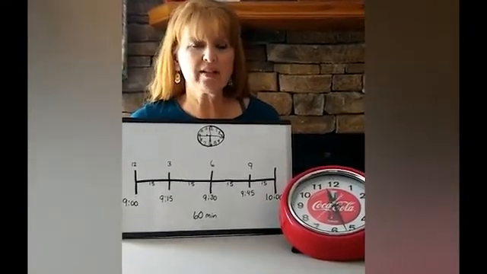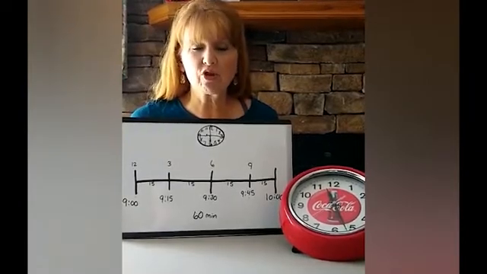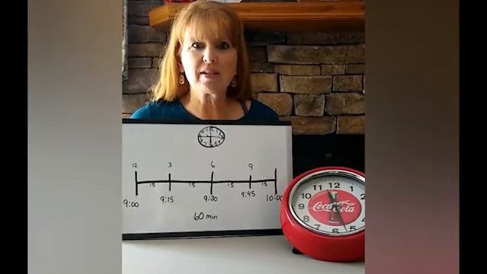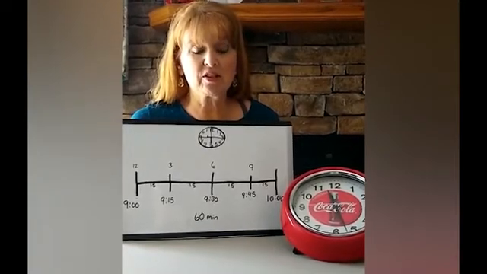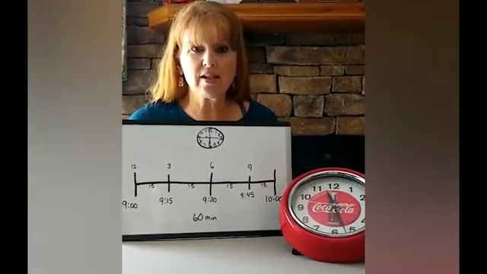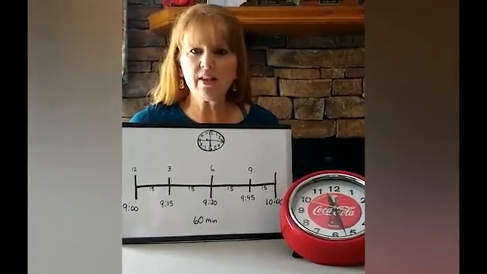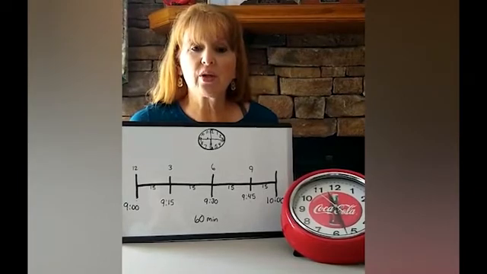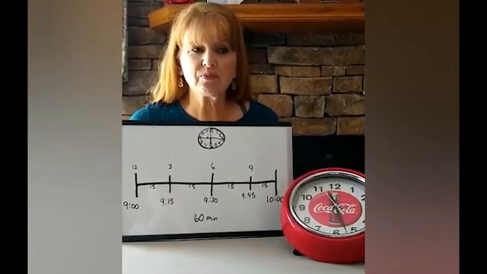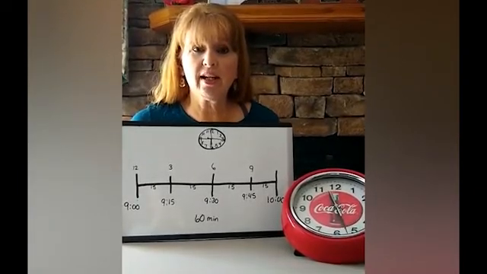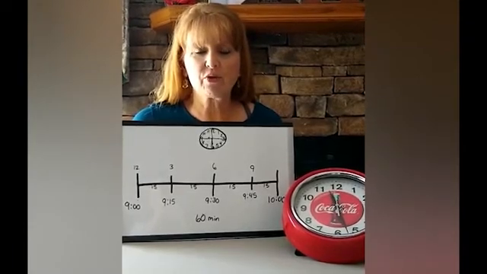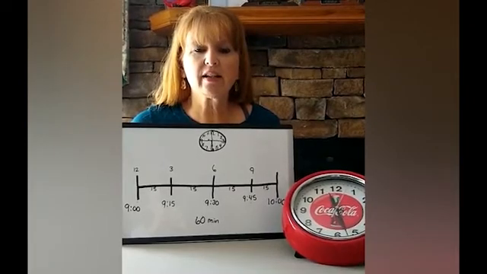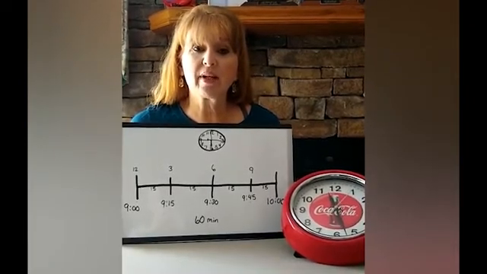Another way you can practice is to go into iExcel. You should all have your passwords in your planners. And the section for time is T. I think that's pretty appropriate. It starts with a T, so go down to section T. Do not do anything for elapsed time. Save that for next week. And then also on the Hamlin County website, which is hcboe.net, they have some activities for you. If you just click on the District Online Learning, 3rd grade, it will help you get to some activities for